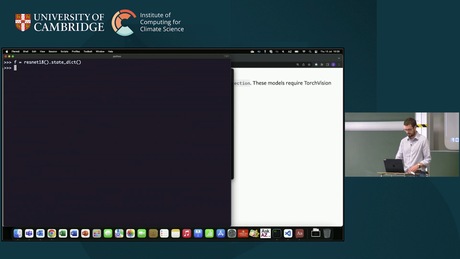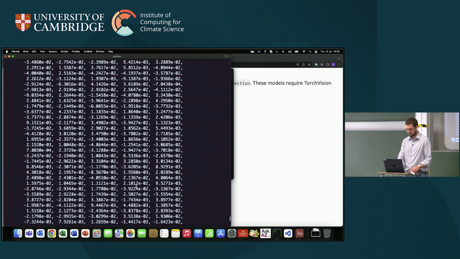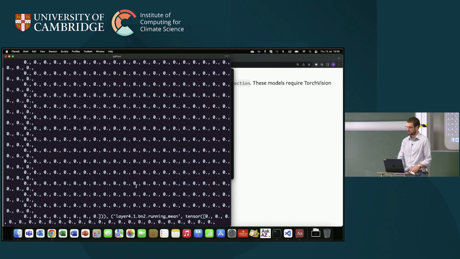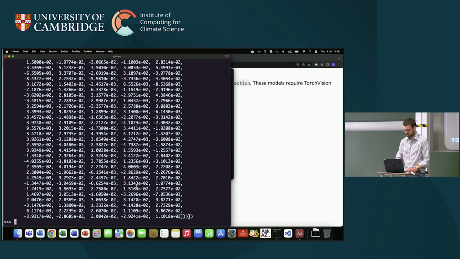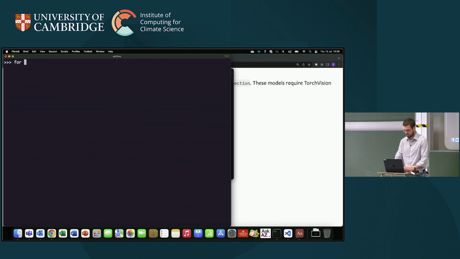The model itself has this thing called a state dictionary, which I think you access. Oh no, I didn't mean that. So let's just print the state dictionary. This is going to be a hideous printout, but basically it's a dictionary with all the weights and biases for all of the named layers in the model. So if we say for key, val in f.state_dict, we're just iterating over a dictionary, and